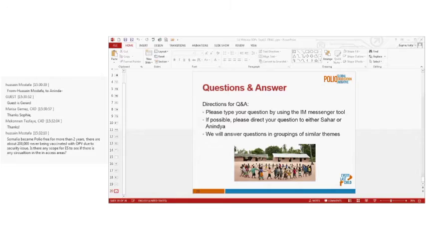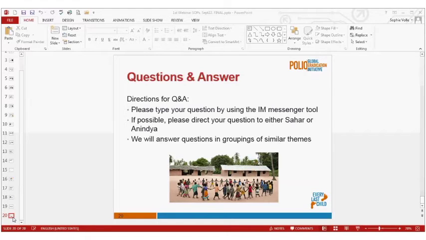The question is regarding the current bOPV shortage. Let me assure everyone that for the response rounds, the Global Polio Eradication Initiative, GPEI, has reorganized some SIA campaigns in some countries, and we are adequately resourced for the current response rounds, including the additional round until the end of the year in Nigeria and the surrounding countries. So that has been taken care of.